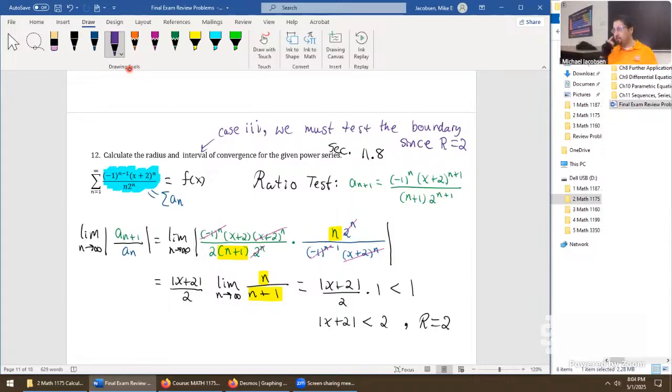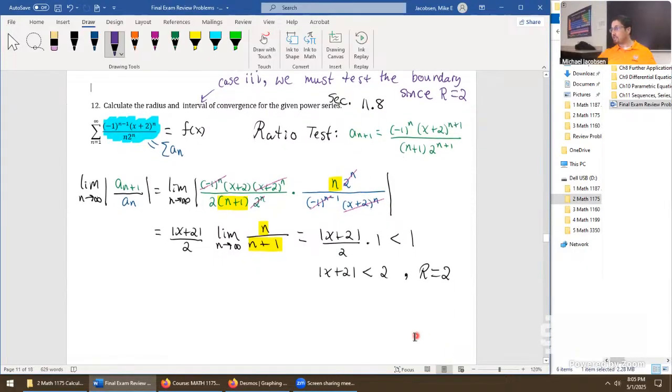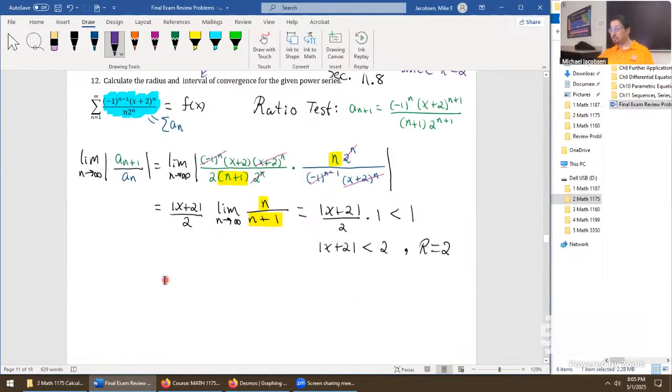We don't test the boundary. I mean, 0 is, in a sense, a boundary at that stage. If it was infinity, there's no boundary either. It's just converging on the whole real number line. So whenever you get a finite radius greater than 0, we test the boundary values. That's sometimes kind of vague, so let's do this really carefully. Any questions at the moment?